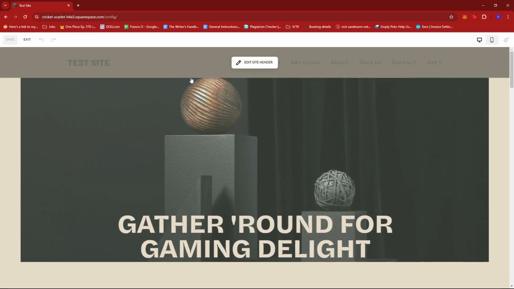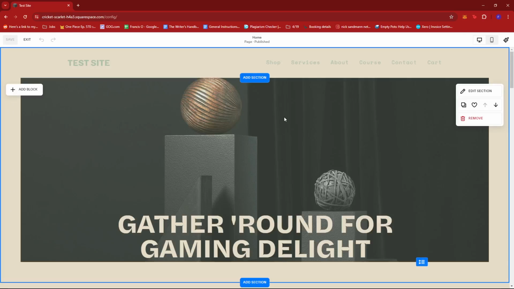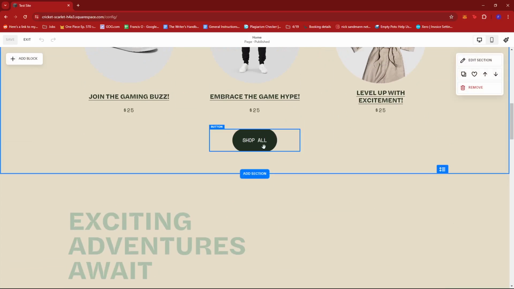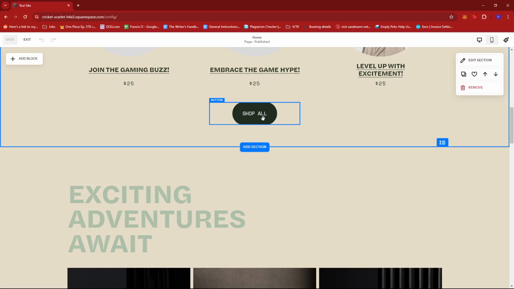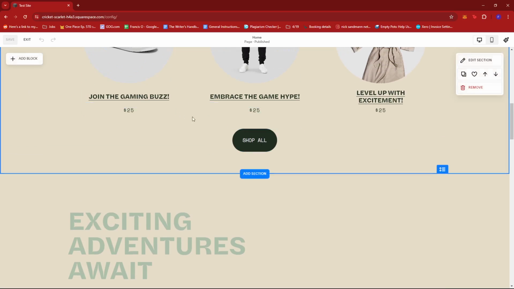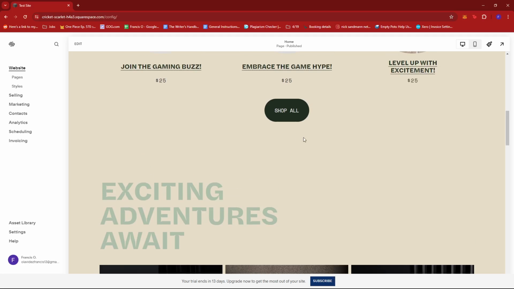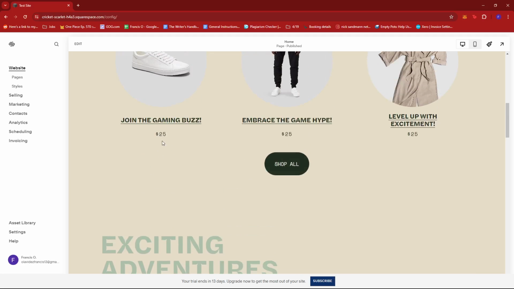of our website. Now here, we're just going to look for a button that we can edit for the shadow application. So here we have the shop all, and this is the button that we're going to work with. So to apply the shadow, actually we don't need to be on the editor mode. We can just exit this, and then we're just going to navigate towards the button right here. So once you've found the button that you wish to apply a shadow to, or actually this applies to all the buttons that can be found on your page, what